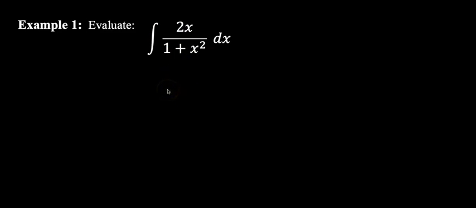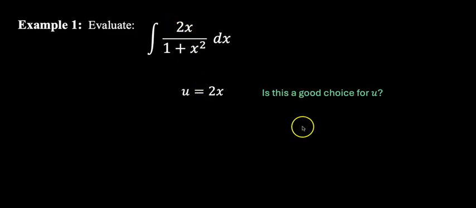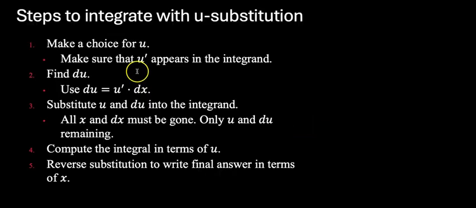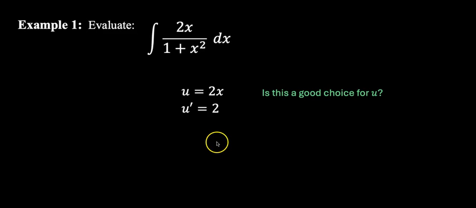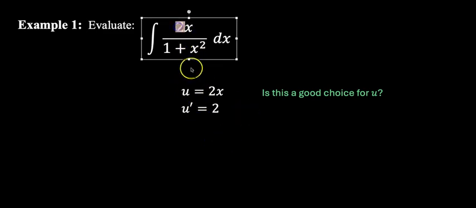If that were to work, what choice should we make for u? That's the first thing to figure out. Now maybe you think, oh, maybe we can make u be 2x. So we must determine if this is a good choice for u or not. The key is make sure that u prime appears somewhere in what you're integrating. In this case, u prime equals 2, which we do see here, but you have to think about what would